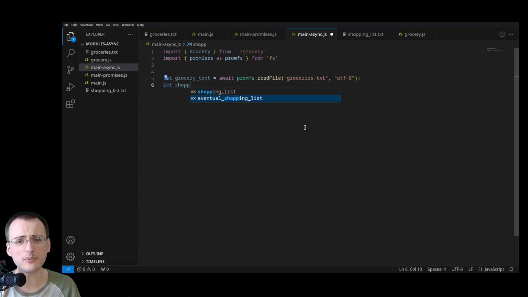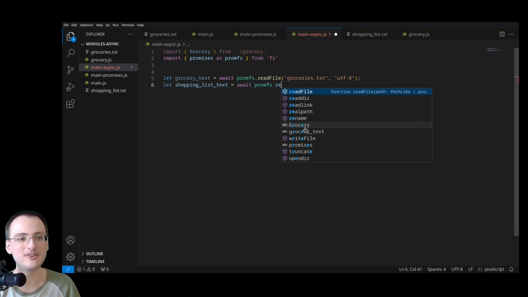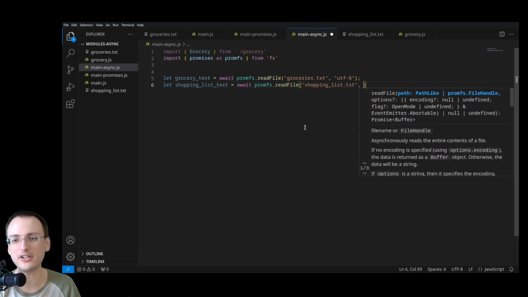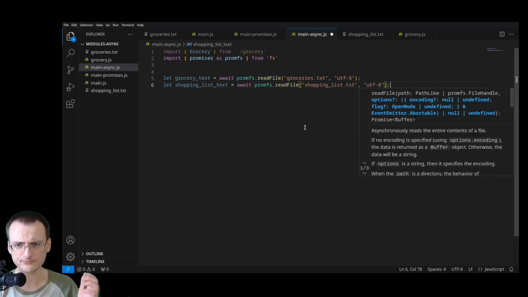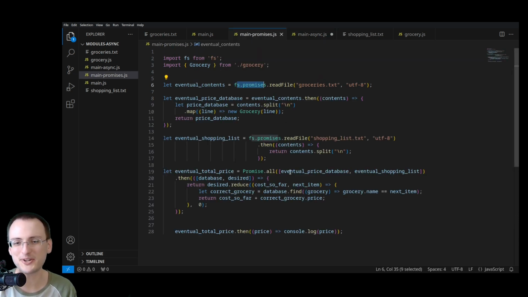I could do that with my shopping list text as well. Say, I want to await, stop, pause right here for the shopping list to be finished being read. And now I've got these two bits and I can use them exactly as text. If I had been a little bit smarter, written them as functions here, I wouldn't need to grab them out now,